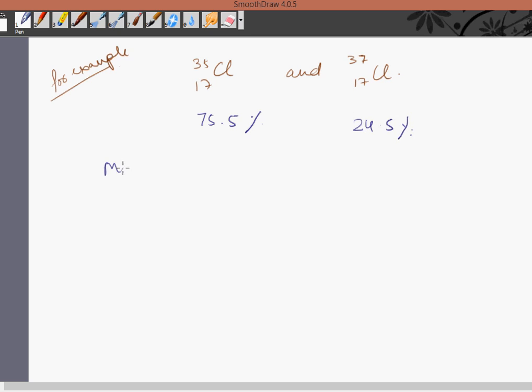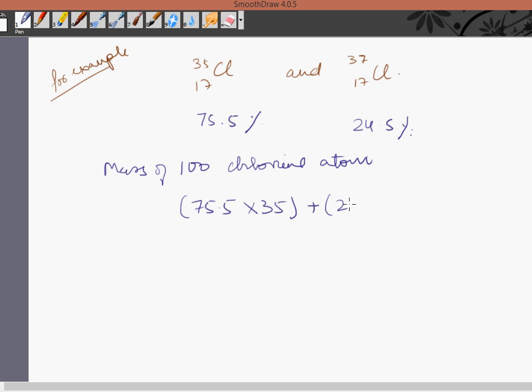So if we talk about the mass of 100 chlorine atoms, what will you get? 75.5 into 35 plus 24.5 into 37, which comes out to be 3549. So what I get is the weighted average, that is the average atomic mass of chlorine,